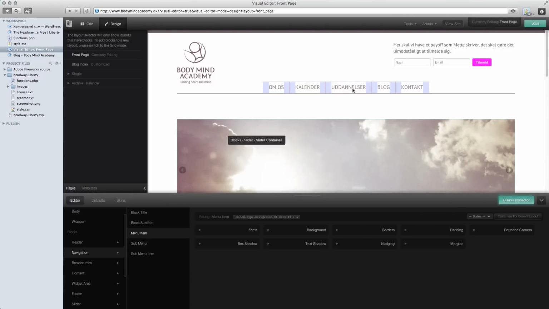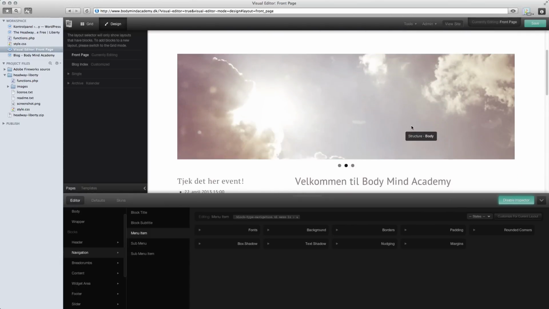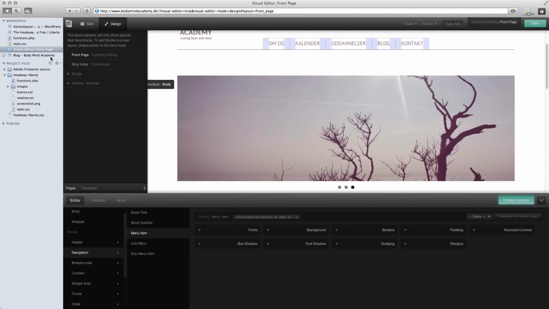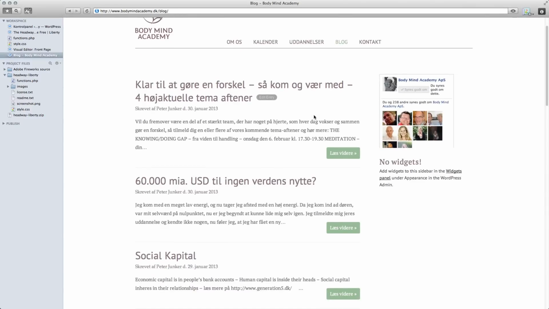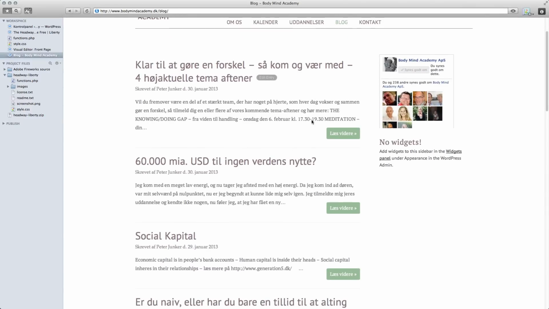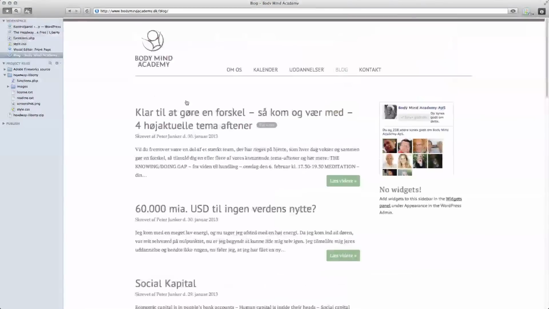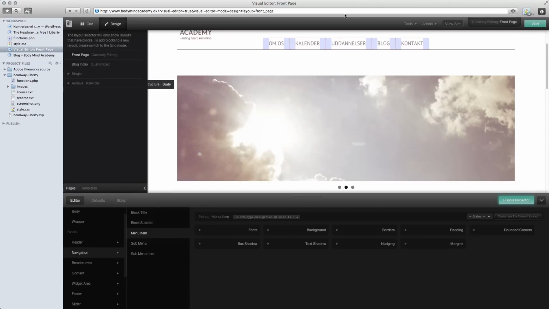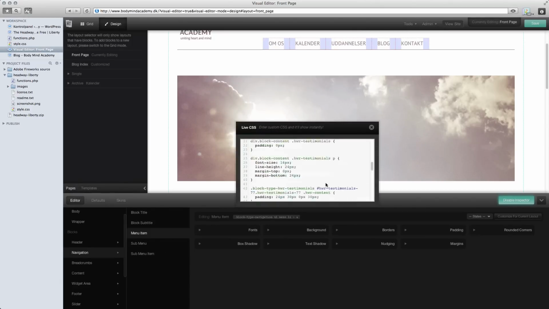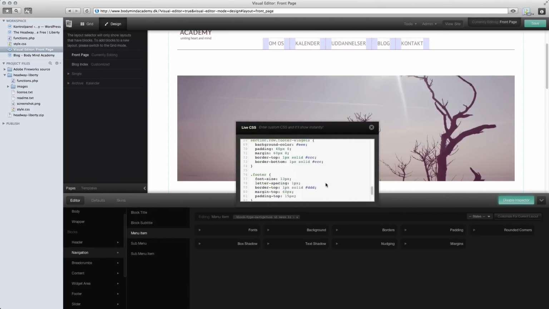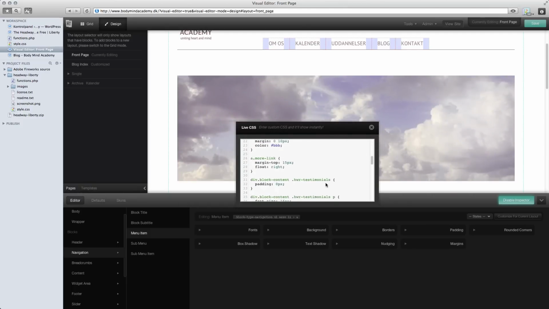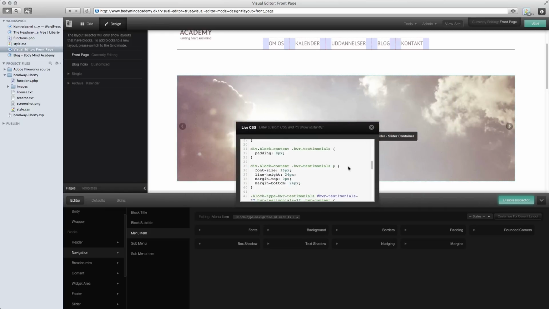To wrap it all up, with all this, I create a website that basically looks pretty nice. You can see I'm not done with it yet, so it's still a work in progress. But as you can see, it's very clean, and it's all done in Headway with very little custom CSS, and I'm actually using more custom CSS on this site than I would usually do, but it's something you can totally live without. It's just because I'm a perfectionist and web designer, so this is the way I work.